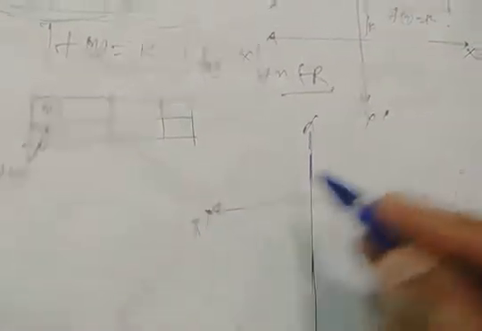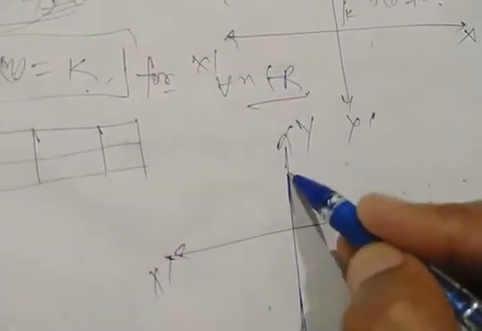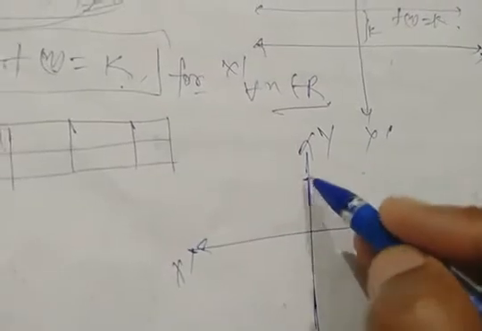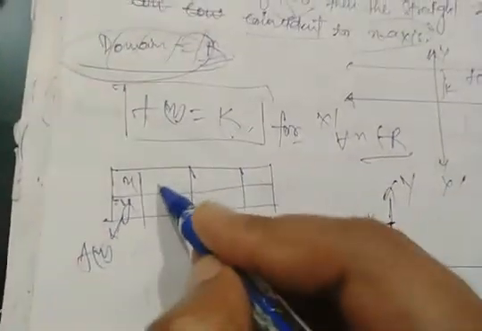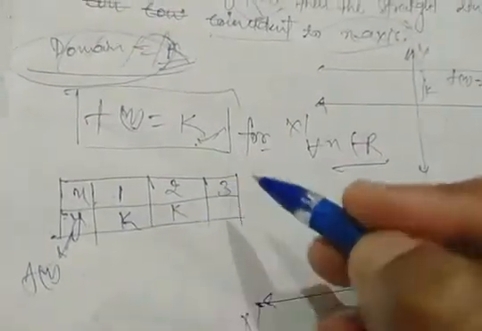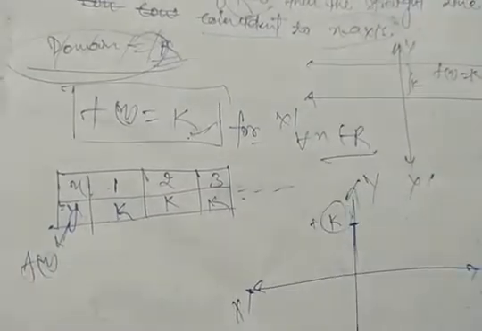and let's see on the graph paper. On the graph, suppose that is x, that is x dash, y and y dash. Suppose that we assume that k is here, the value of k at that point, that is k along the positive y axis. Okay, then if we put x is equal to 1, then the result is k. If we put x is equal to 2, then also the result is k. If we put x is equal to 3, then the result is k, and so on.